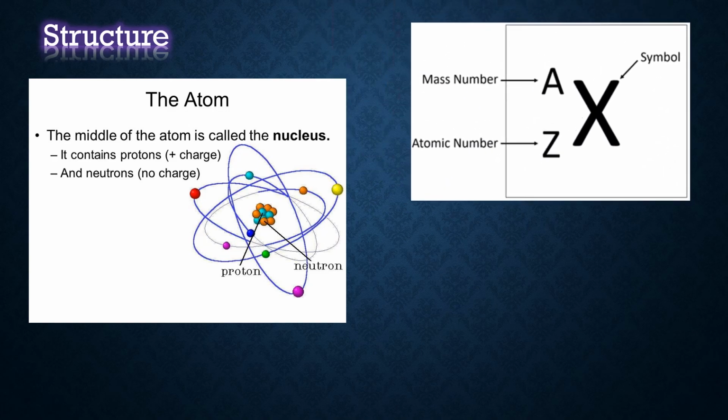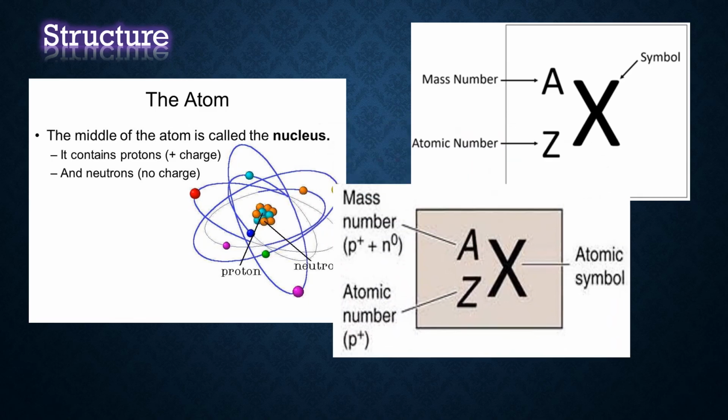See, this is the symbolic representation of an atom. What is meant by X? In the previous lesson, I clearly said the chemical symbol of a compound or atom. A will be represented as the mass number. Z will be represented as the atomic number. The atomic number and mass number are very important when we learn the periodic table.